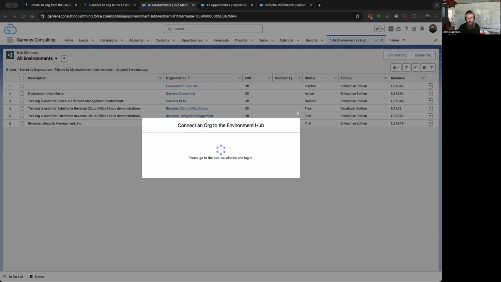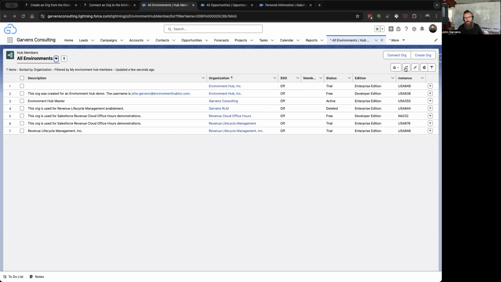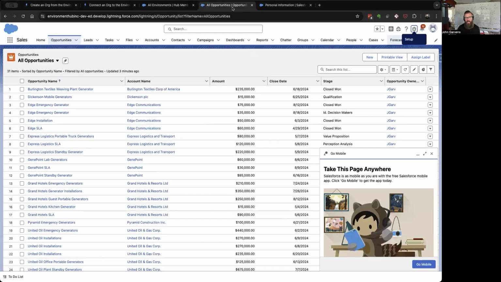Click log in. Am I sure that I want to give Hub access to the URL service and APIs and things? I will allow. Now the pop-up is done and my environment should be connected. There it is. So this org was created for the Environment Hub demo. The username is this. And the best part of all of that is that if I'm logged out of my org,